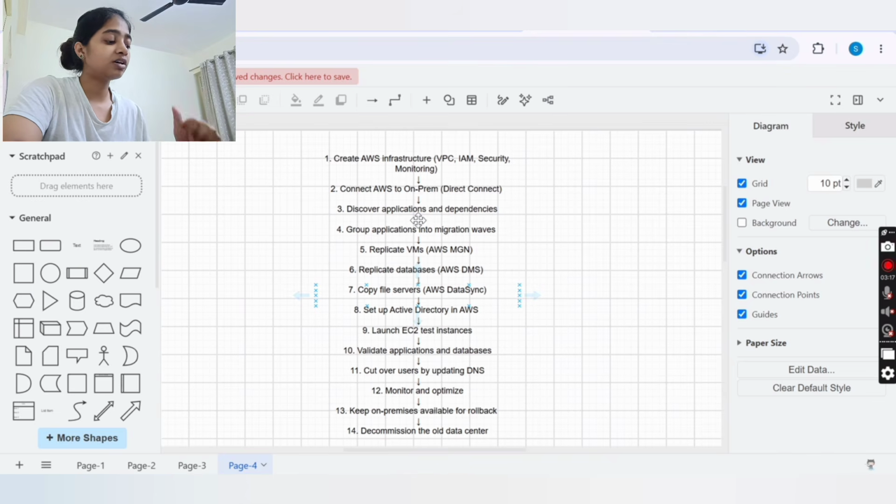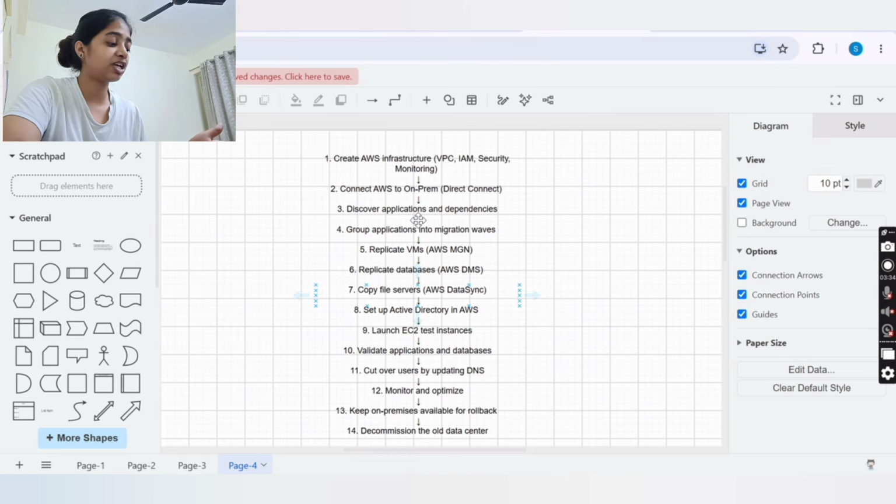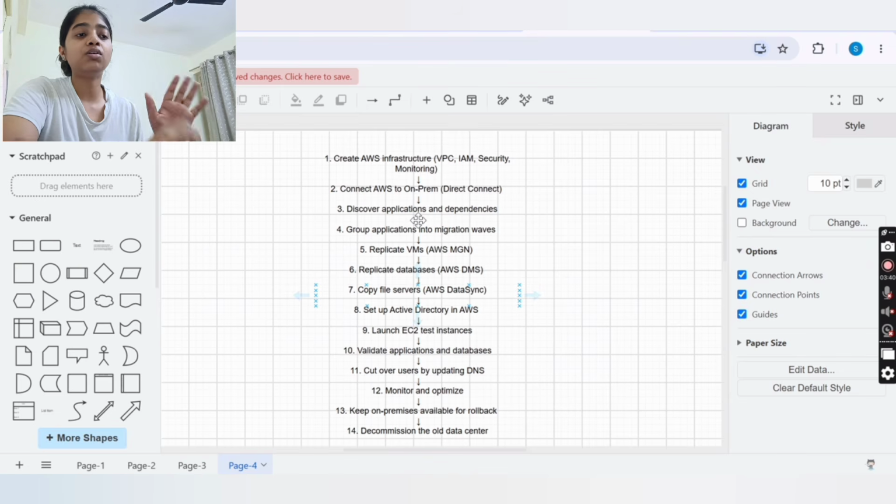So now the third step will be to discover applications and dependencies. As we see that there are Java applications and IIS servers also, we'll see what all applications are dependent on what all services. Like if Java applications are dependent on PostgreSQL, IIS servers are dependent on Oracle databases, we need to map that dependency. Then we need to decide